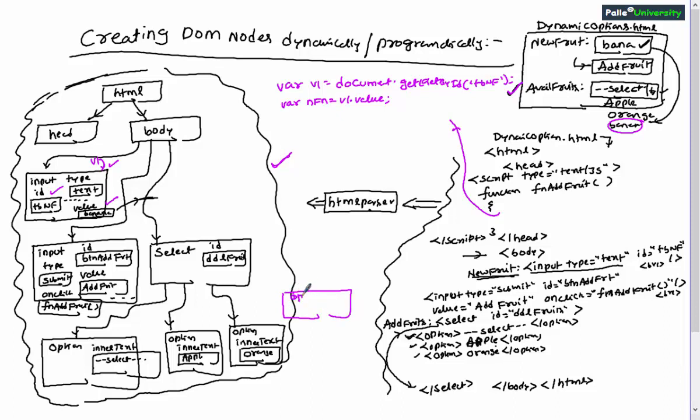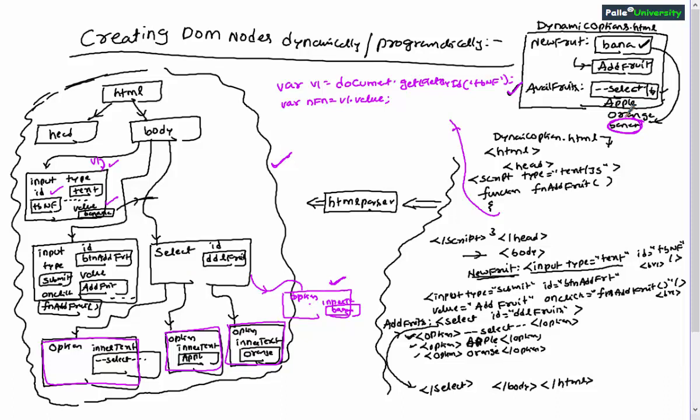and that node must be an option node with inner text. In simple words, just as the existing options are there in the drop down list, in the same way you need to create a new option. It means we have to create an option node with inner text value equal to the new fruit name, banana. After creating the new node inside the DOM tree, if you make this node a child node of this select node, automatically you will see that new option in the drop down list.